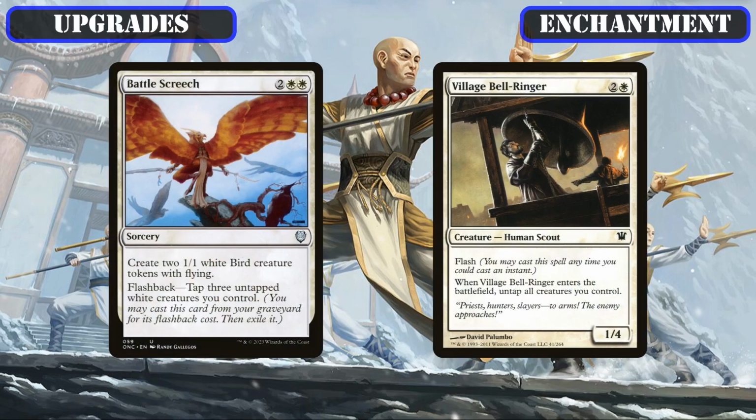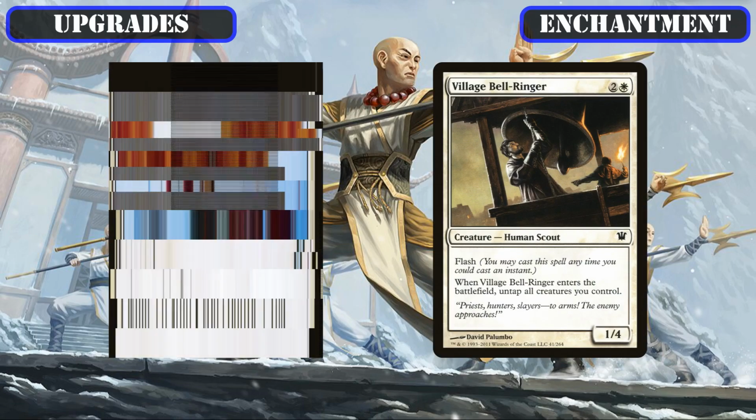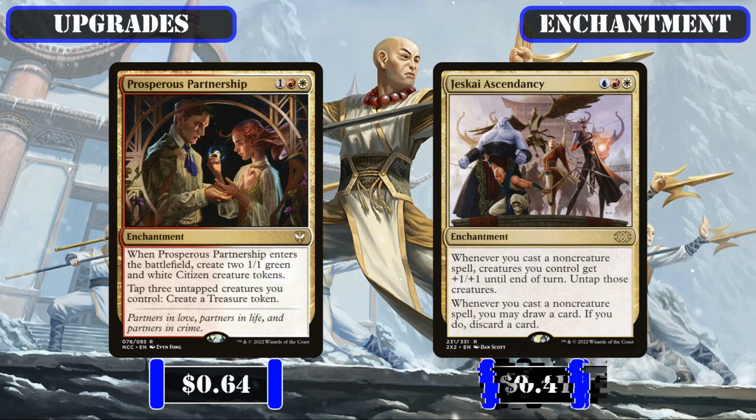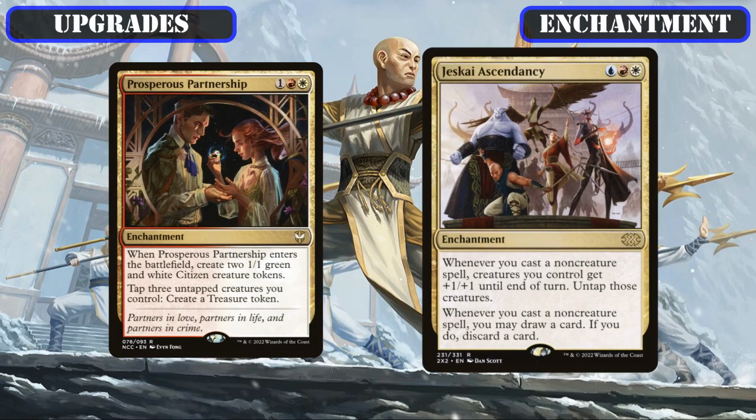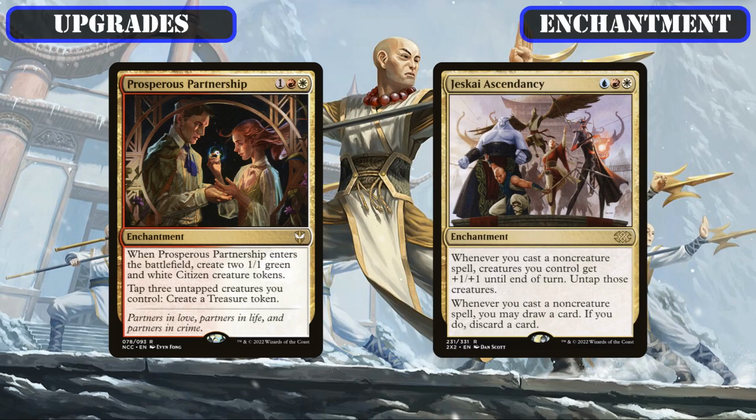Bellringer's one-time AoE untap for the incredibly powerful enablers Prosperous Partnership and Jeskai Ascendancy, the former giving us extra bodies to initially help convoke our spells and later allowing us to tap down any of our excess creatures and tokens to generate treasure tokens, and the latter untapping our entire board whenever we cast non-creature spells, on top of making our creatures bigger every time it does so and providing additional card selection, making them individually very useful in this build, but, when they're both in play simultaneously, results in loopable treasure generation, AoE creature untapping, and AoE pump so